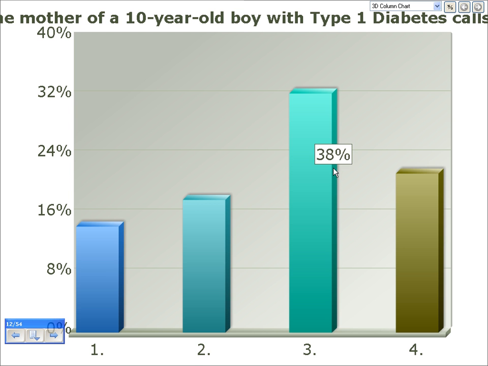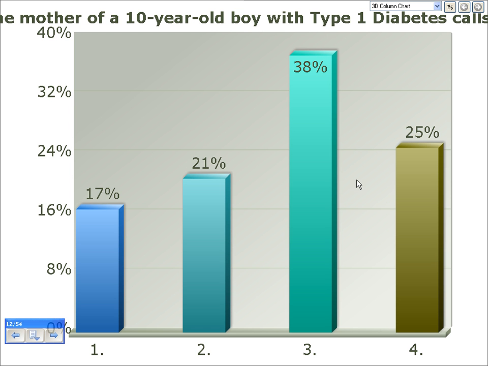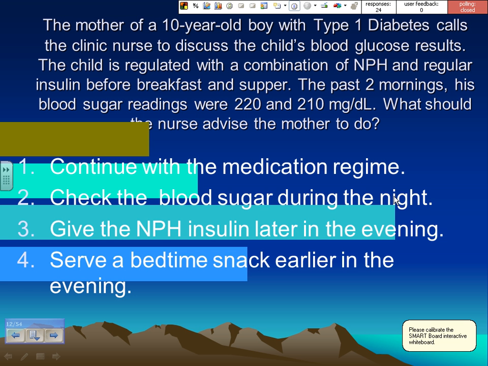Oh, I love when this happens. 17% said continue with the medication regime, 21% said check the blood sugar during the night, 38% said give the NPH later in the evening, and 25% said serve a bedtime snack earlier in the evening. So let's take number 1, first of all. Would we want to advise the mother to do number 1? Why not? Right, we've got to do something. So we're not going to continue on with the way things are going. Number 4,